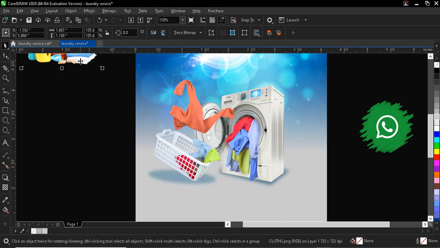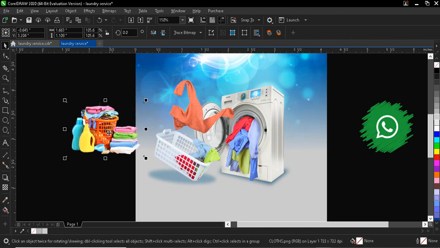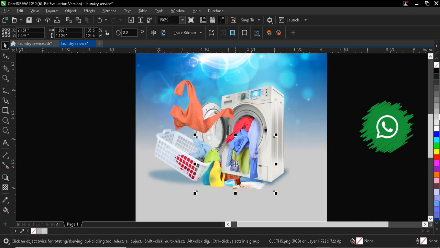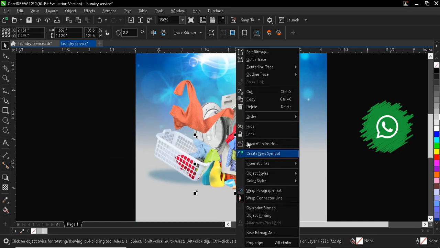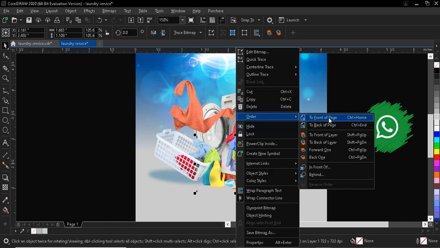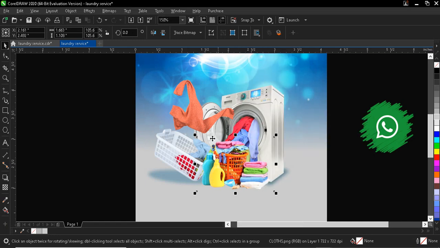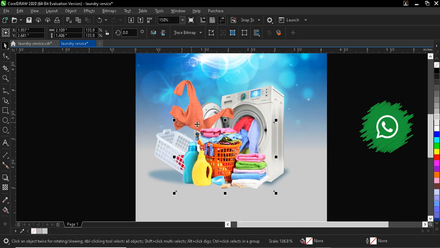Okay, so I'll be bringing this other image. I'll drop it here, page it to the front. I'll just right click on my mouse, order to the front of page. So this is it. I'll scale it up a little. Okay, it's perfect. But I'll be needing this detergent to go to the other side of the machine, which is